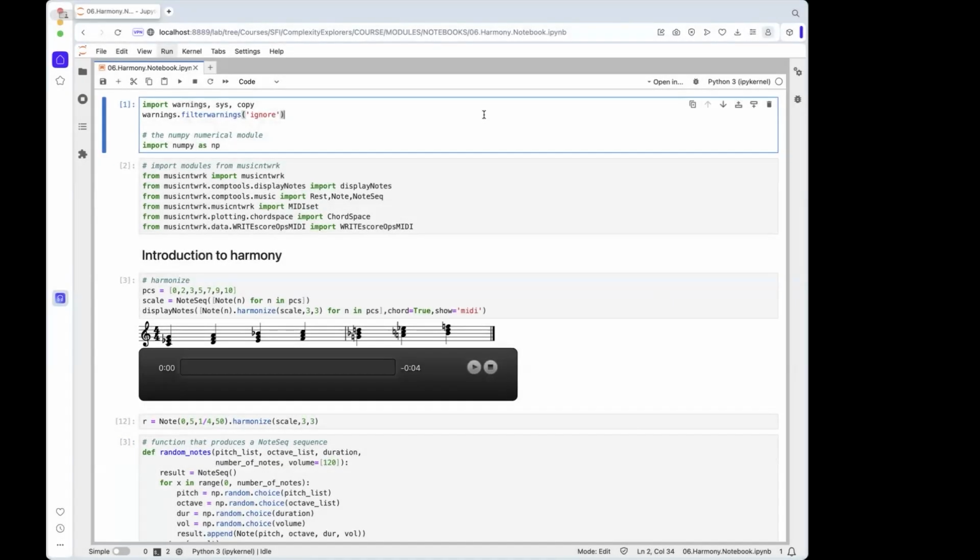So this notebook contains 3 different parts that correspond to 3 different lectures. The first one is the more generic lecture on harmony, and then